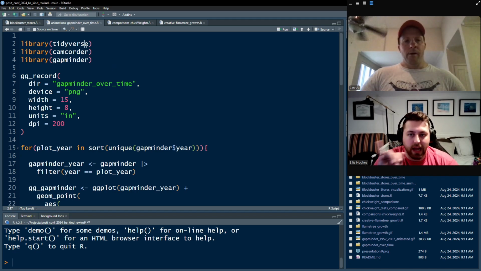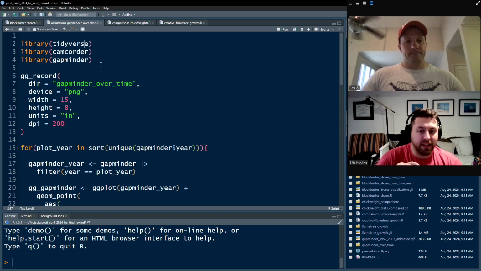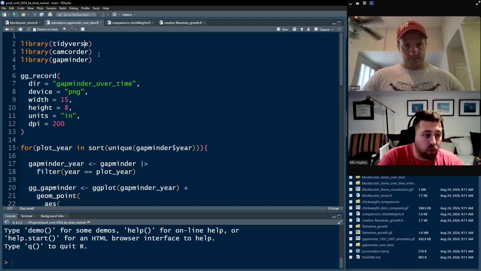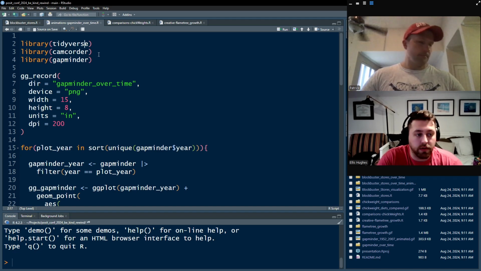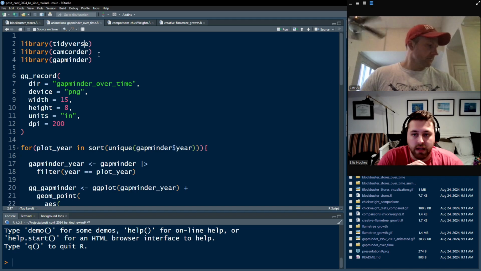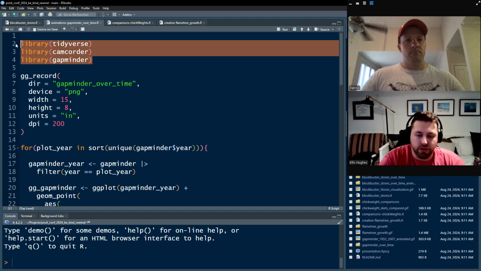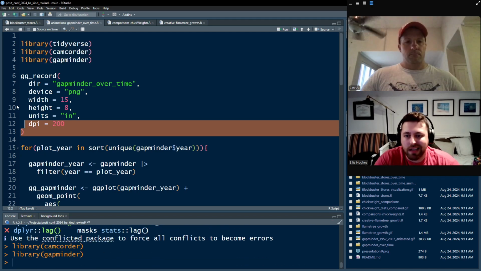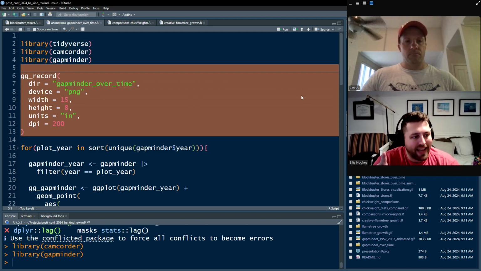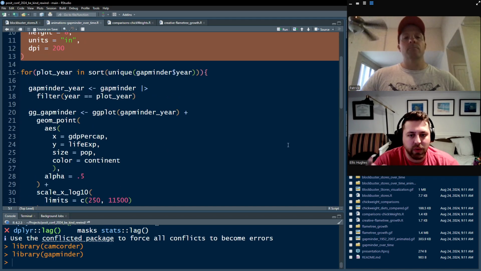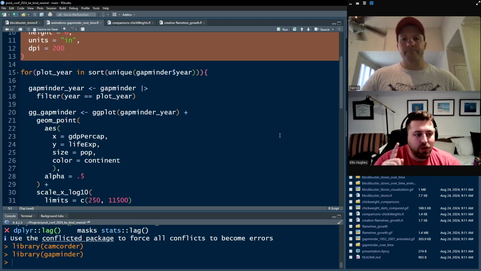And so we have library tidyverse for our data manipulation needs, then we have the library camcorder, which you can, of course, install from CRAN, which does the recording. And then we have the Gapminder library, which has the Gapminder data sets included in it. So we're going to just load those three, and we're going to skip over this portion. We'll get back to that in a second, because first we're going to explain to you how you actually make